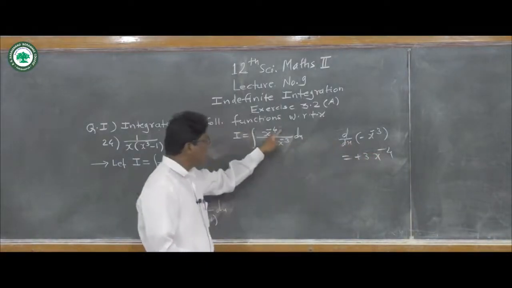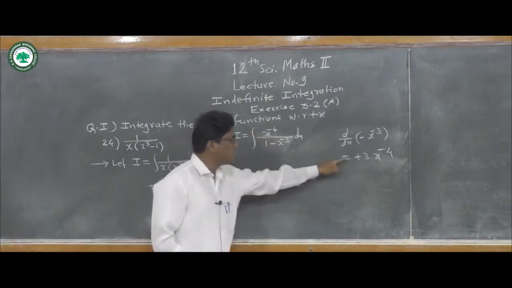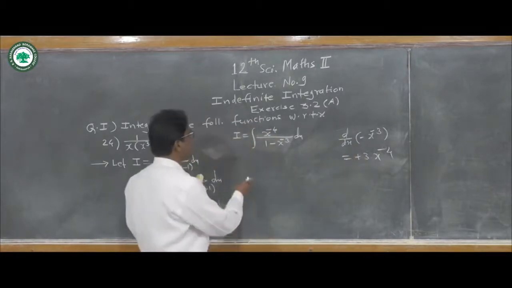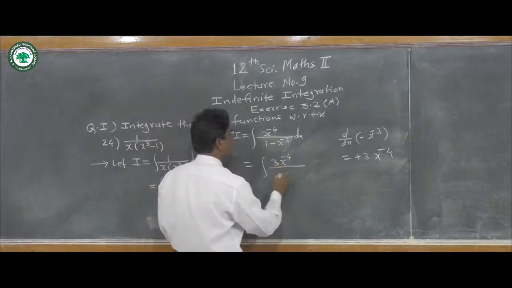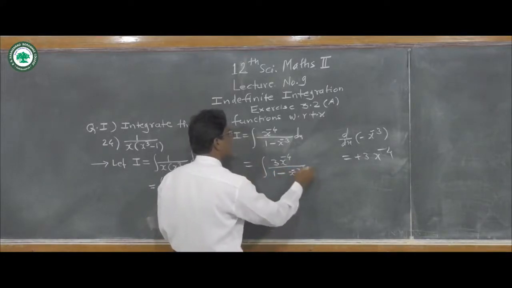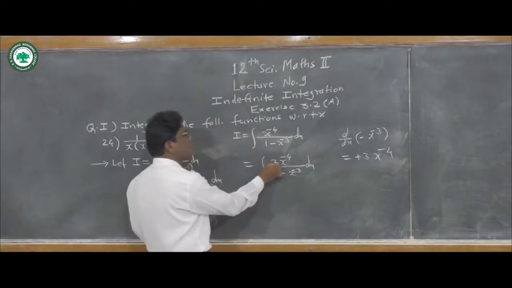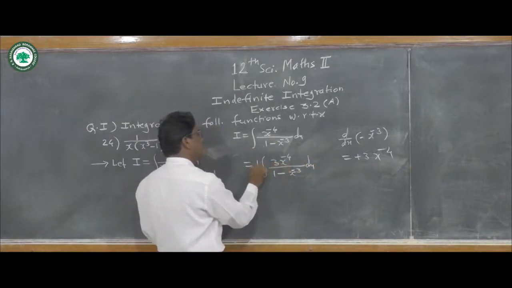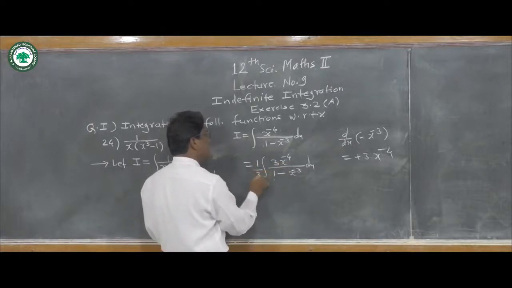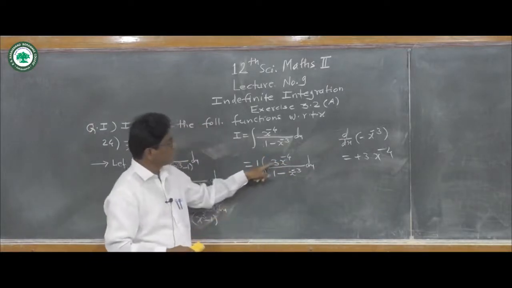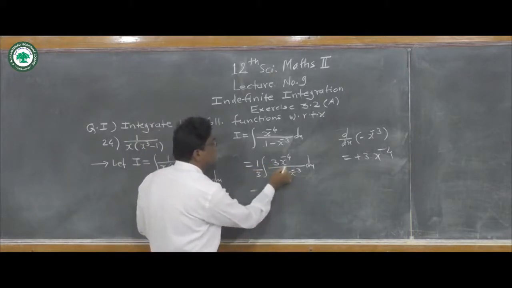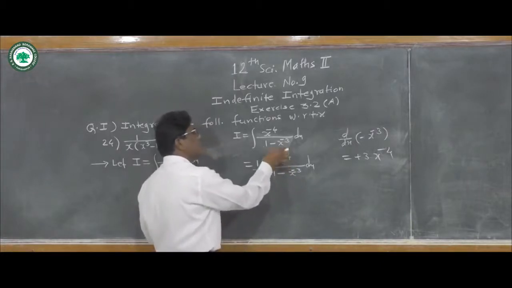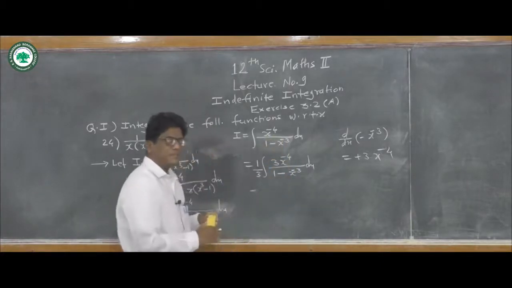But in the numerator only x to the power minus 4. So we have to adjust these 3. So we adjust 3. So integration of 3 into x to the power minus 4 divided by 1 minus x to the power minus 3 dx, and we have to cancel these 3. We multiply by here 3, so divide by 3. We take here 1 upon 3 outside the integral, so that these 3 and 3 get cancelled. And now here we use substitution method. We put this denominator as a t because its derivative appears in the numerator, and then we use the corollary.